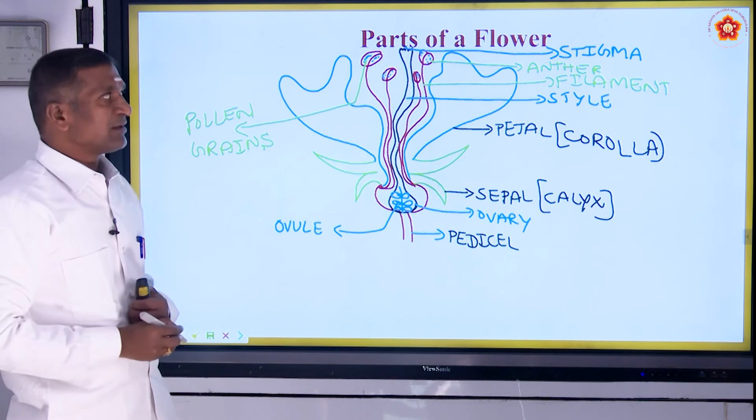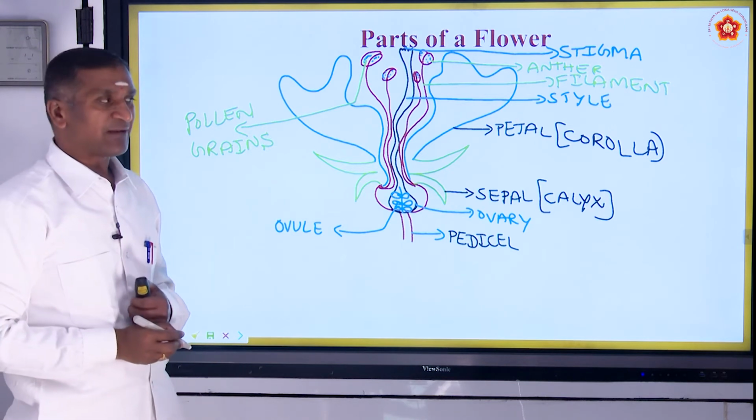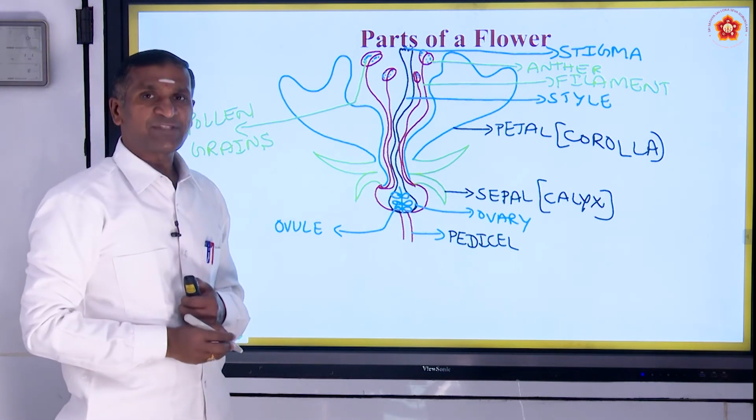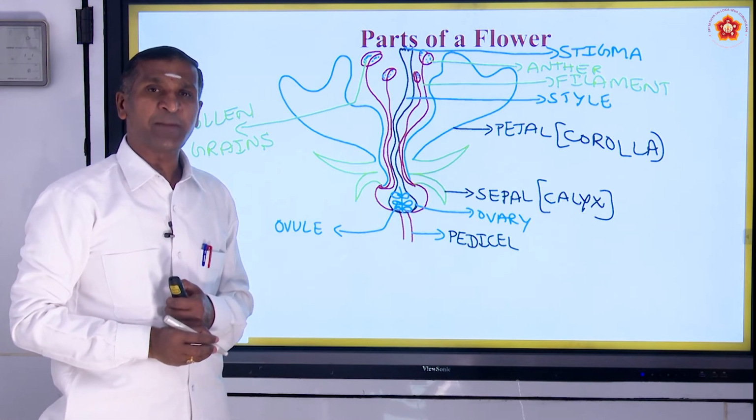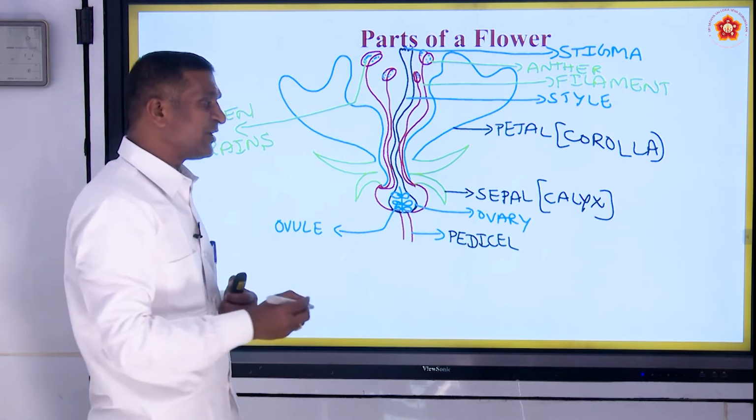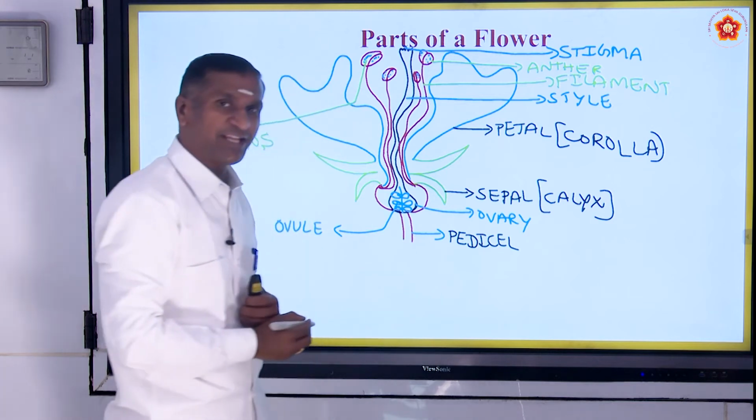Pollen grains. These are the parts of a typical flower. Most of the time they may even ask to draw the reproductive parts in the flower. We know the reproductive parts are the androecium